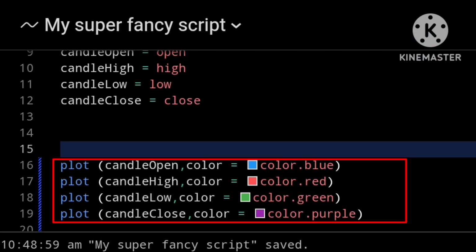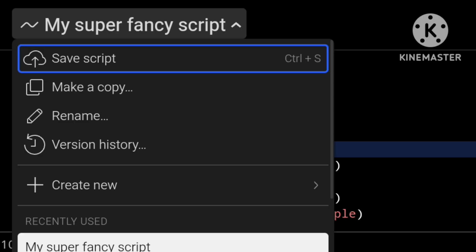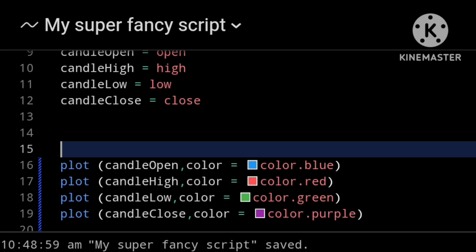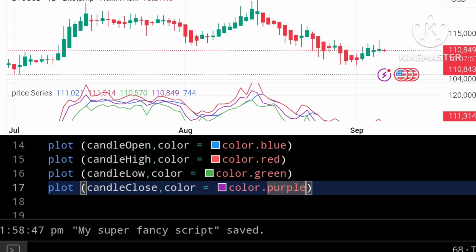And let us change the close to purple and save the script. We should get 4 different colors plotting onto our chart here now, and each color corresponds to each candle price. So it is as simple as that to get our price data, which is what we are doing here.